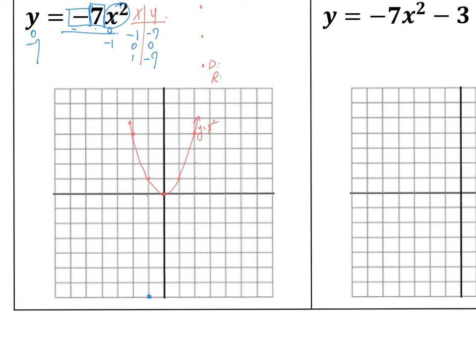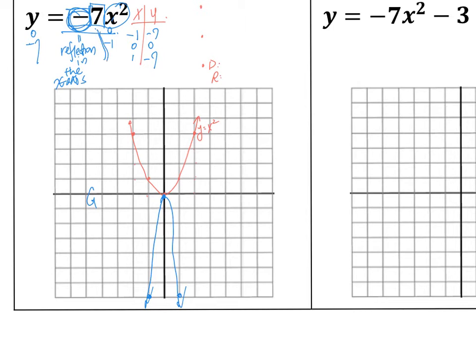So I could plot my points now and graph. As you can see that this parabola has been reflected in the x-axis because of this negative sign. So we can say that this negative sign means reflection in the x-axis,